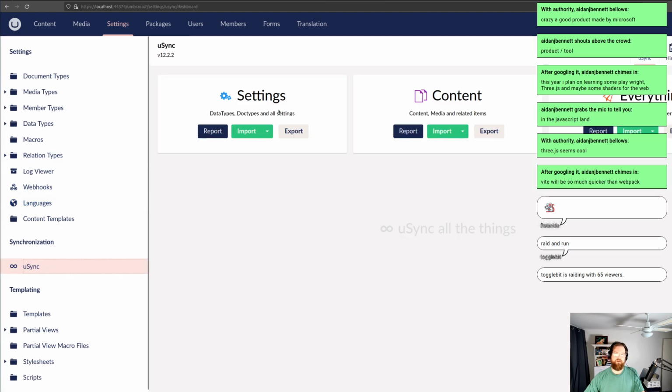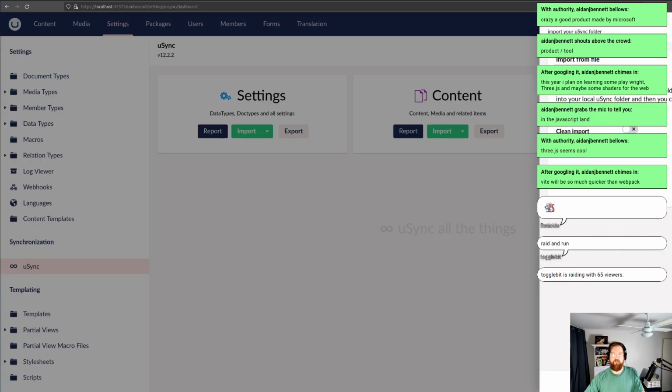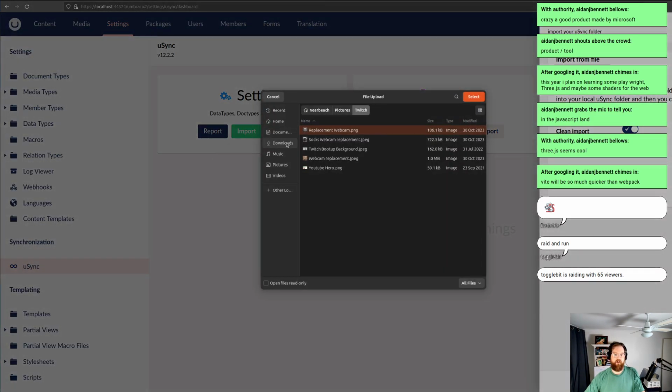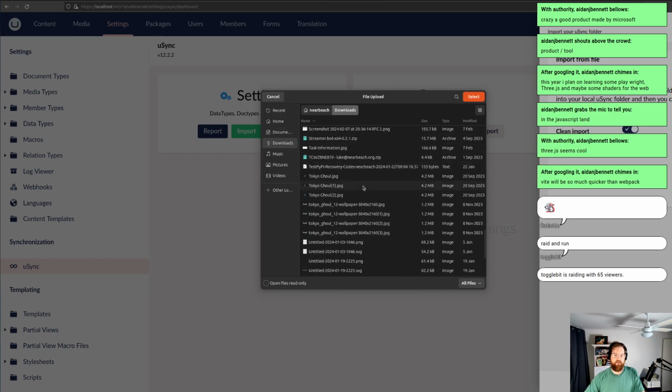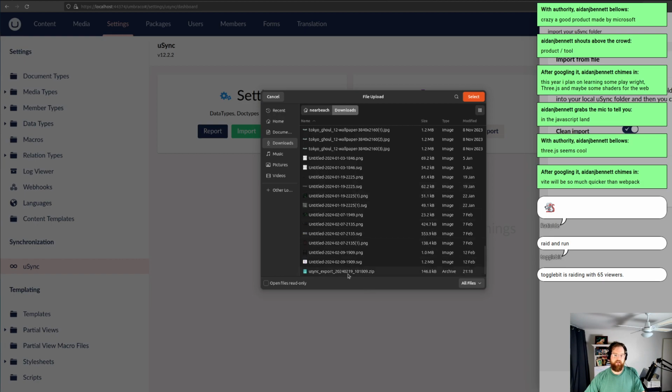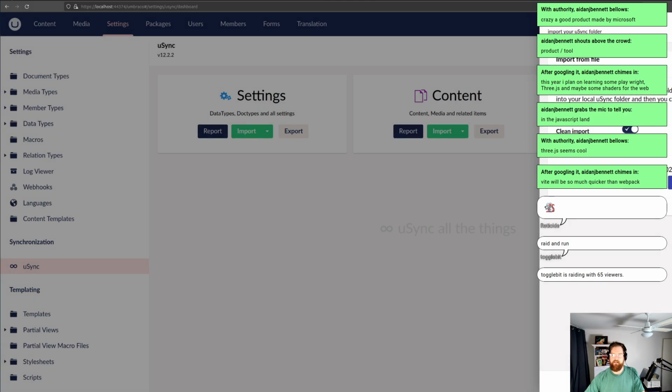Settings. We've got our VueSync in here. We want to import from file, clean import, choose file. We had it in the downloads. God, I've got so many screenshots in here. VueSync export. Today is the 19th. Yep. Select, upload,